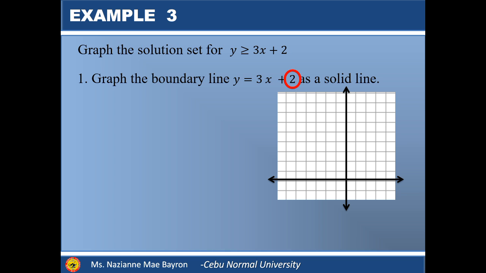Since the linear equation is written in slope-intercept form, we can just easily plot the y-intercept on the plane. Since our y-intercept is 2 and our slope here is 3,